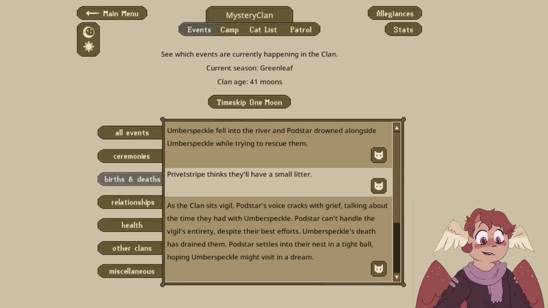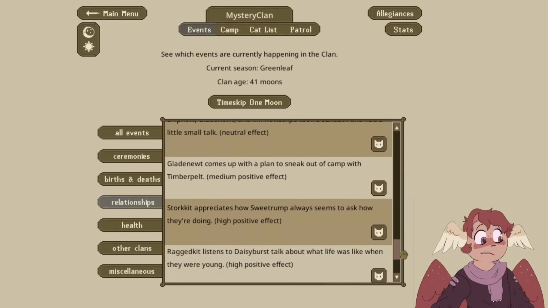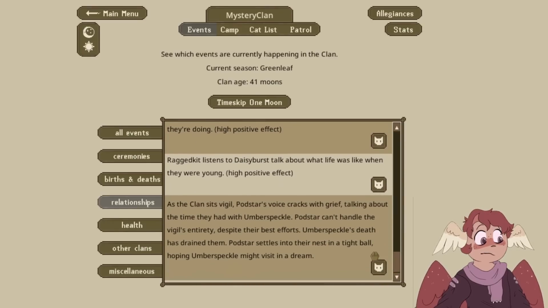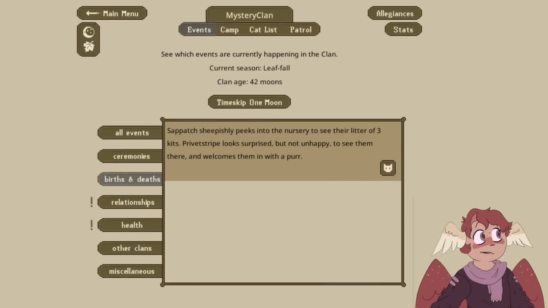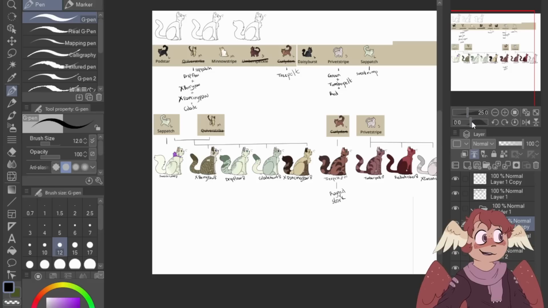Okay, so Umber Speckle died. I'm gonna mark out their name real quick on here. Privet is having a small litter. Let's see, Tree Pelt was the one who had kits, but we don't know how many they had because I accidentally skipped it. So I am just going to have to pay close attention to any names that are listed that I do not recognize. I also do not know if Tree Pelt had another parent because of my skipping. I'm not seeing any other names that might just be Ragged and Stork. Privet and Sap had 3 kits, okay. So, Privet and Sap are on such opposite ends of this family tree. Dear goodness, okay,